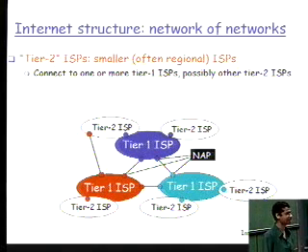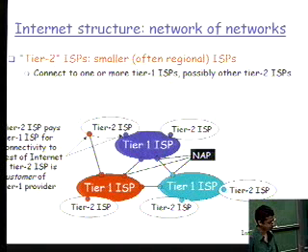So their connectivity is coming through these tier 1 or the backbone ISPs. And once they get connected to a tier 1 ISP through the higher level connection in the hierarchy, they get connected to all the other tier 2 ISPs. So this is level 2 of the hierarchy, the tier 2 ISPs, and these are really the ISPs which customers connect to. So the tier 2 ISP is a customer of a tier 1 provider,